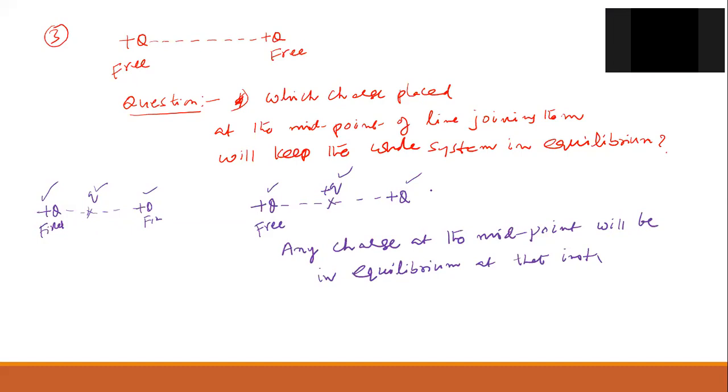Then the charge that is placed should be neutral, sir? What do you mean by the charge placed should be neutral, Rishita? Charge is not neutral. At the midpoint, the net force is zero, but if it is moved left or right, the equilibrium will be disturbed. That will come later, that's going to be unstable. Equilibrium will come later. My point is, force on this will be 0, but force on the other also should be 0 for the whole system to be in equilibrium.